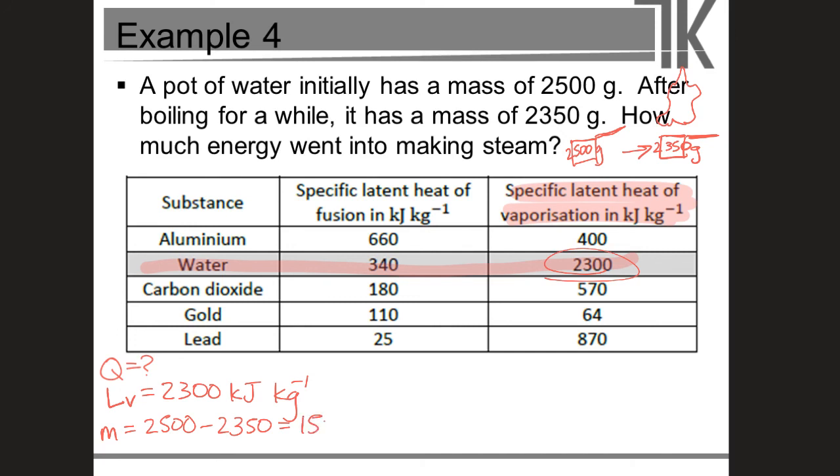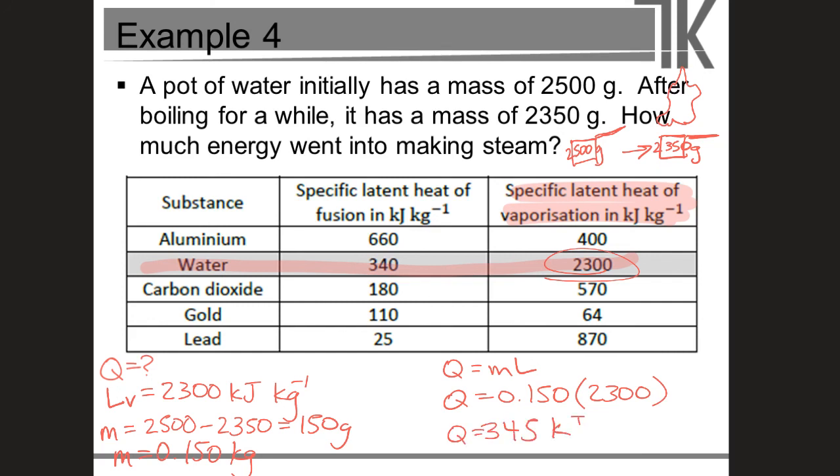So we've got 150 grams of water became 150 grams of steam, but remember we need that in kilograms, so our mass is 0.150 kilograms. And then we can plug this into our equation, so Q equals ml, Q equals 0.150 times 2,300, and that gives us